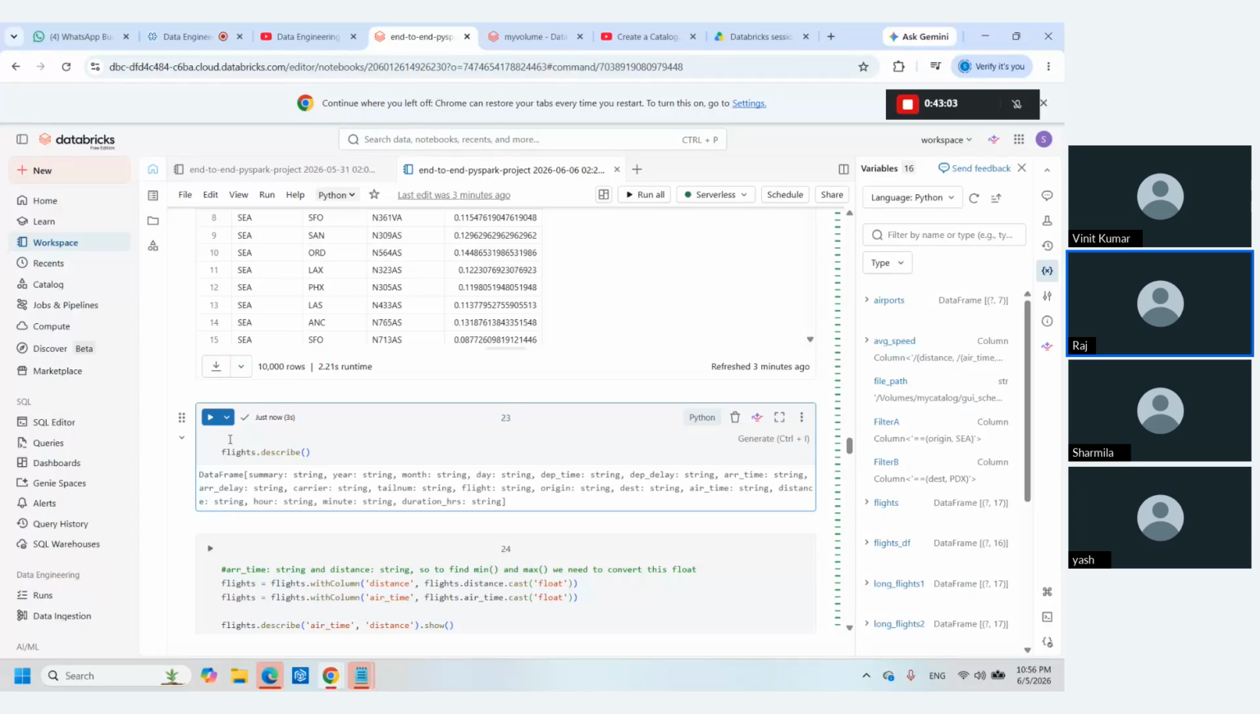Okay, the next one: we are creating columns again with column, another column distance, but distance is already there. Then flight dot distance dot cast to float. So previously, whatever the type of distance was, we are creating distance this time with float, and again airtime with float. Previously these two columns used to be